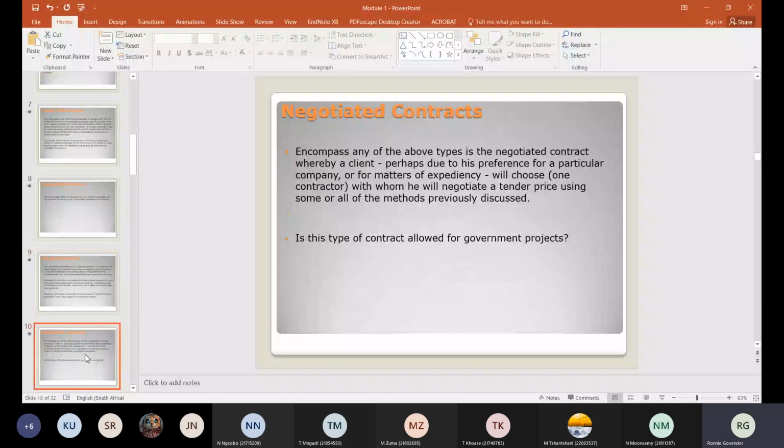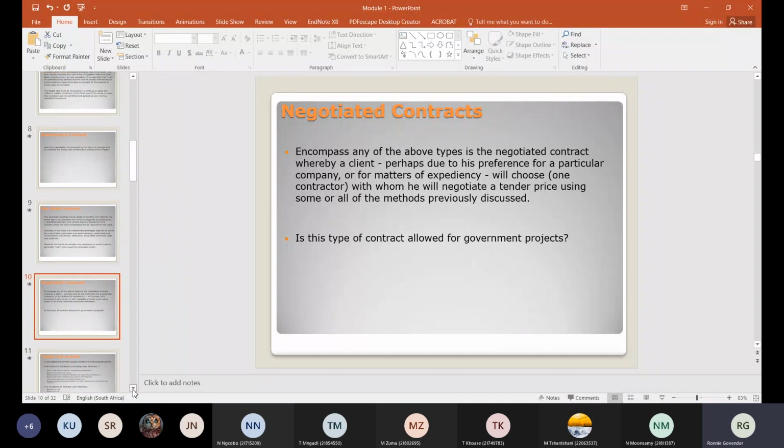Then the last type, which is the negotiated. The negotiated contract is fairly straightforward, where the client and the contractor would sit at the table and say, "Hey, listen, for that house, I'm going to charge you 250." The client would say, "Hey, I think 250 is a bit stiff, man. Can't we make it 225?" And the contractor will say, "225, that's my profit getting swallowed there. Let's make it 235," and so on. You negotiate. Once you come to a firm deal, that is a binding contract thereafter, right? It will be binding. So that's basically what a negotiated contract means.